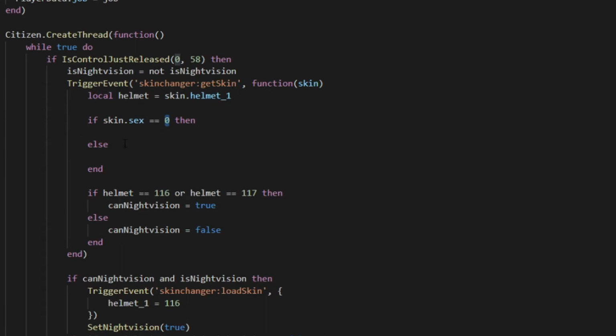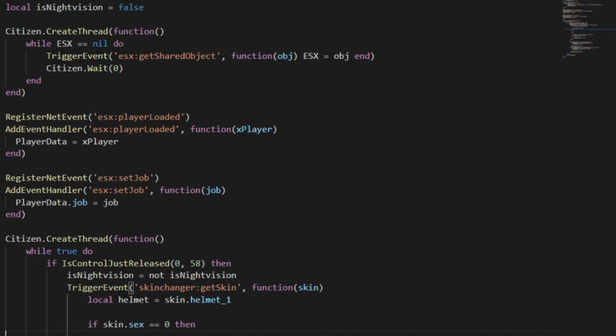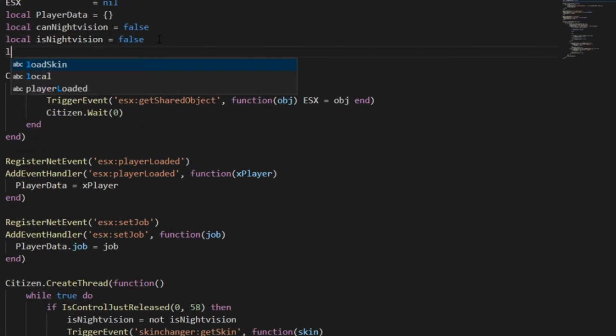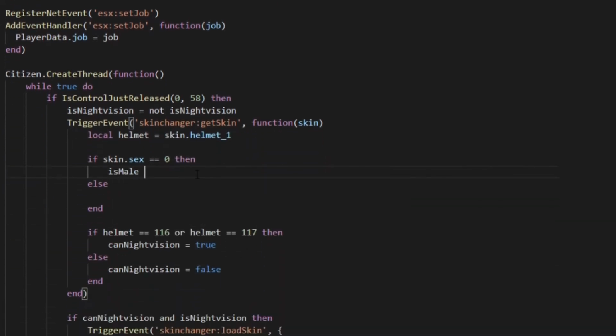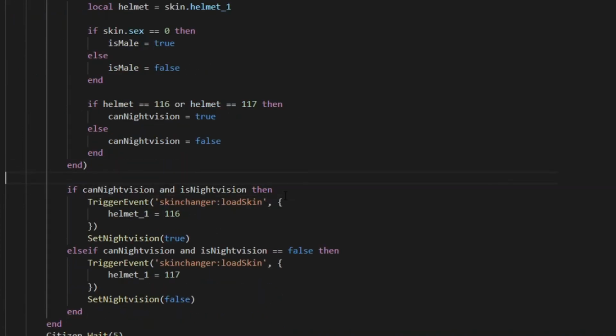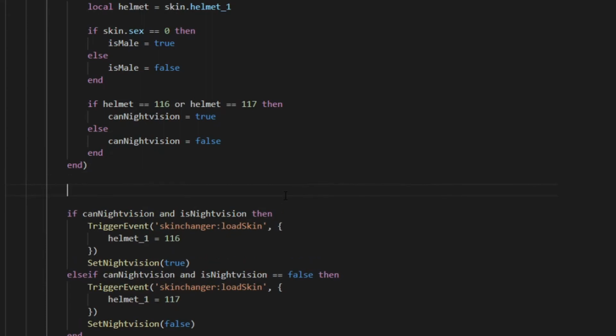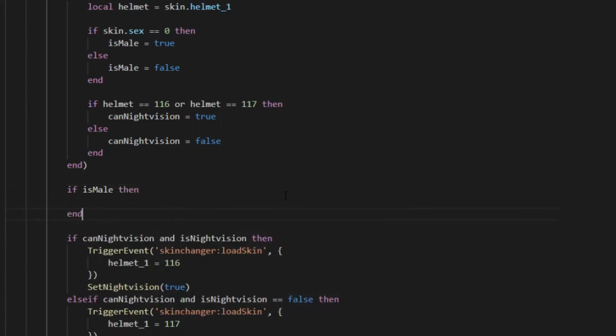So if it's 0, then what we're going to do is we're going to type up here local is male equal to false. So if it is 0, is male equal to true, else is male equal to false. So now what we're going to type is above if can night vision and all that, we're going to type if is male, then end. So if the player is male,